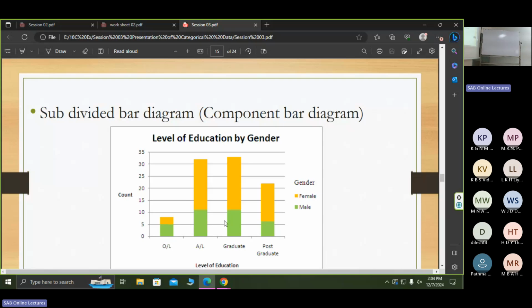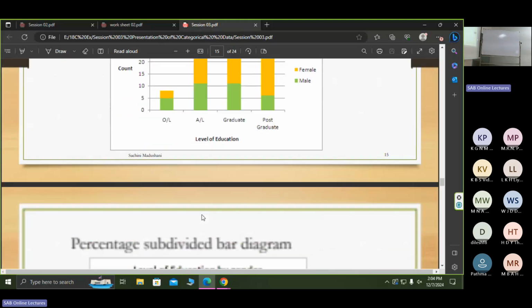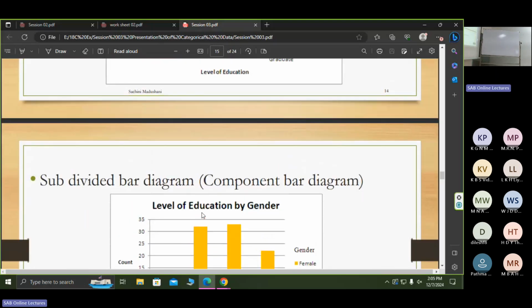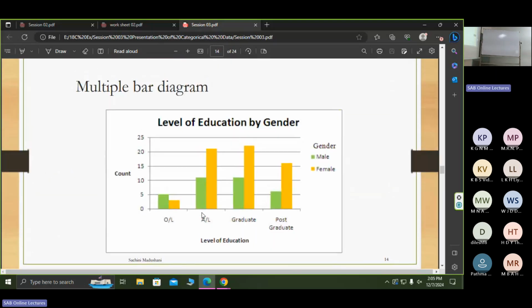Then we can say that the A-level respondents and the graduates are equal in number. But for the female, we cannot do the comparison. Why? All are not starting from 0. Is it clear? Okay, then based on our objective, we choose which chart is suitable to